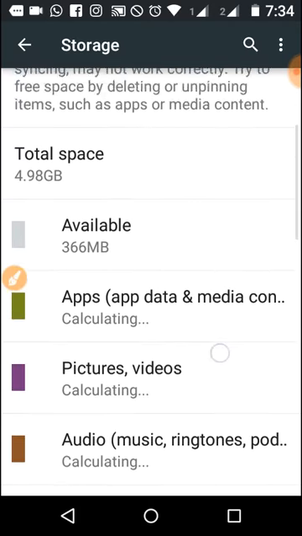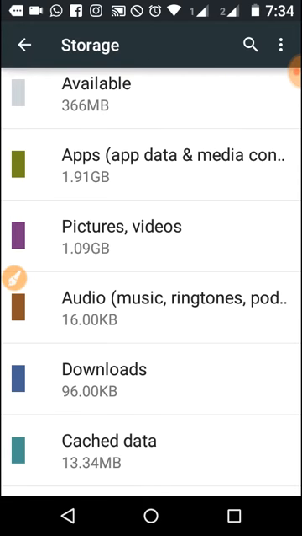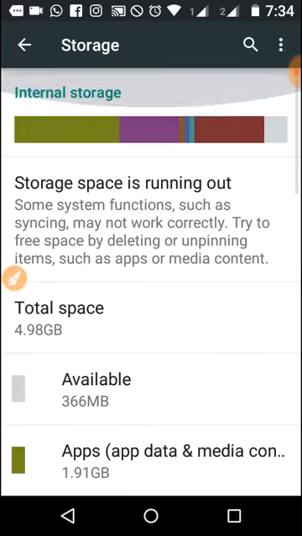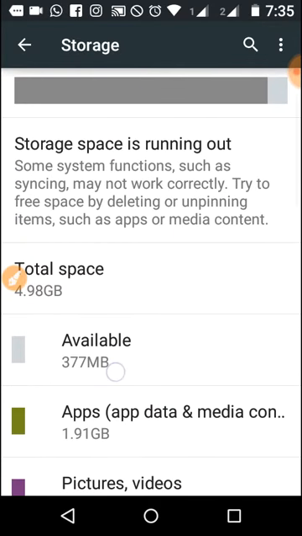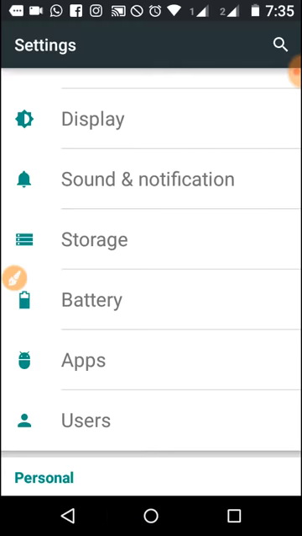It's loading. Yeah, I have 13 only. Clear it. This is the first thing you will get. This is the first step. And the second step is